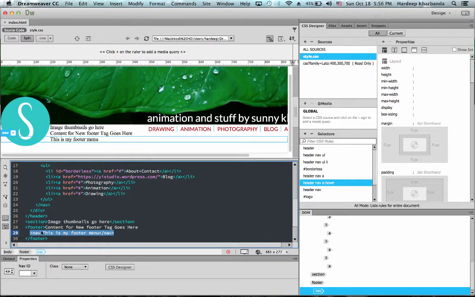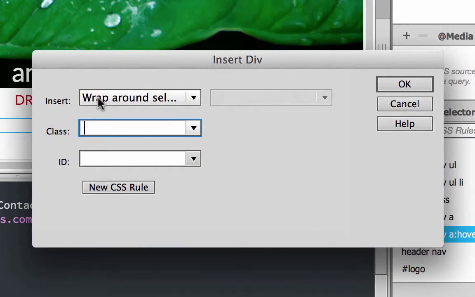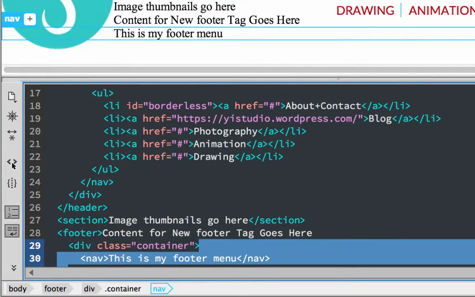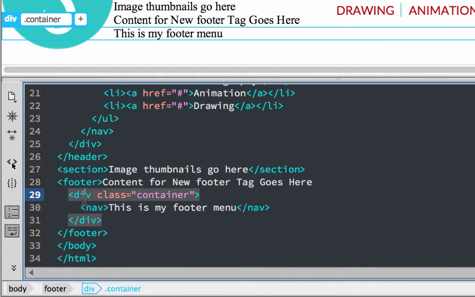So with this nav selected, I go up to Insert, Div. I choose Wraparound Selection and type container for the class. By doing this, I now have a div of class container that contains my footer nav.